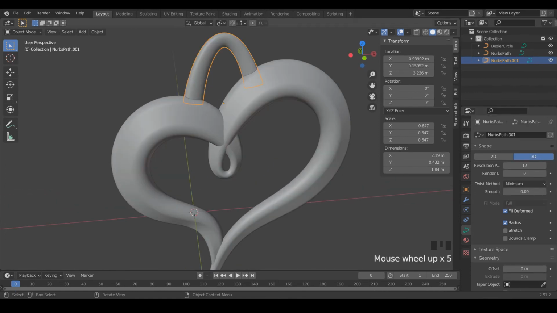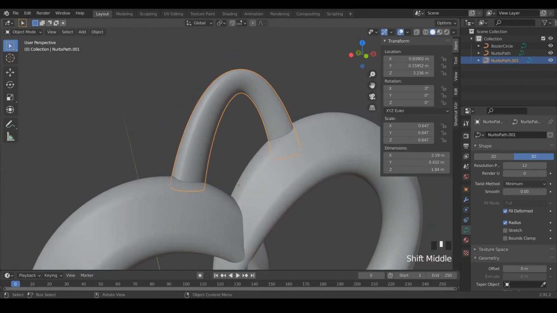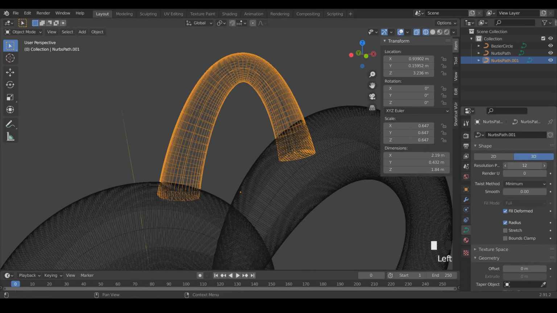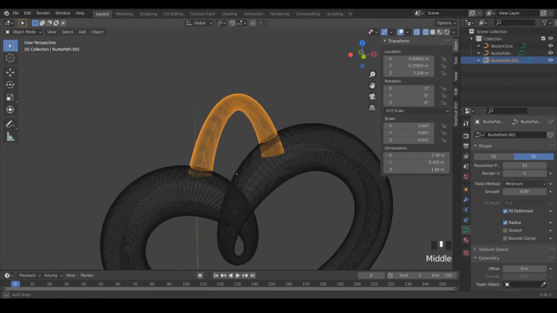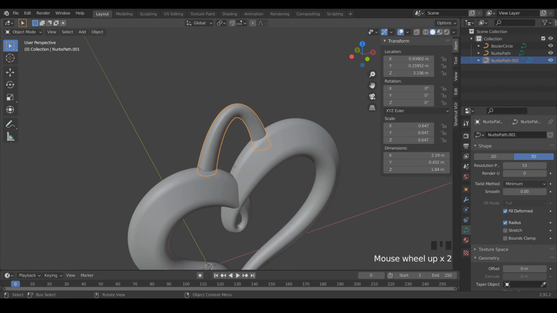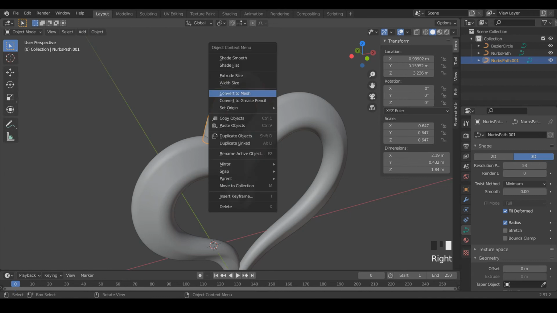Alright, so before I turn these both into a mesh and then connect them together, I'm going to make sure this loop has a decently high resolution. Alright, now I'm just going to select both of these curves, right click, and convert them to mesh.